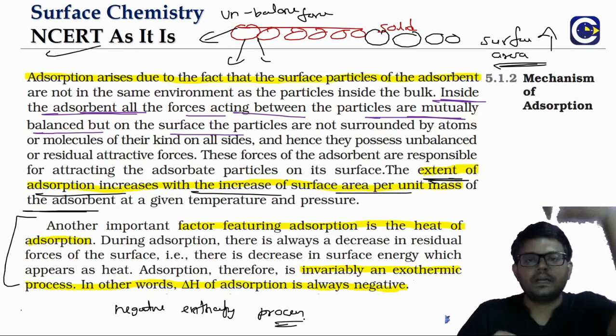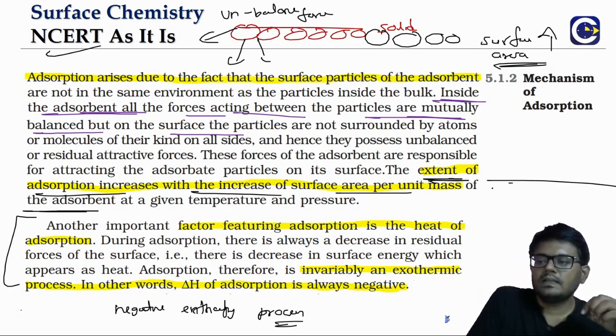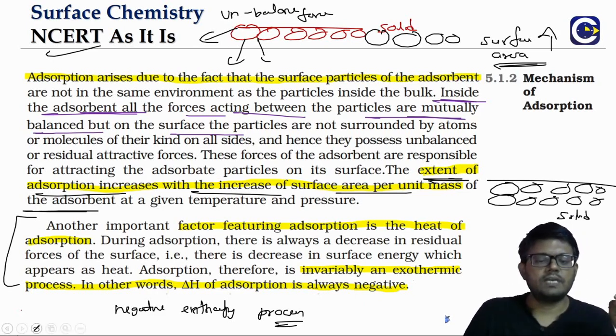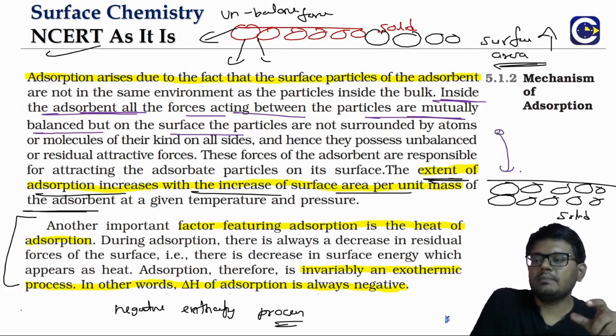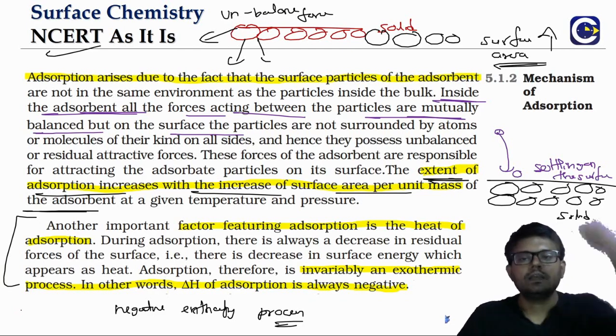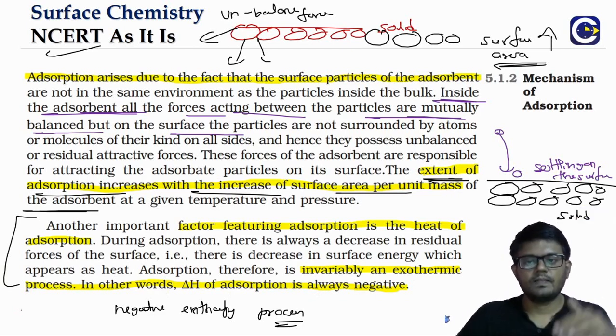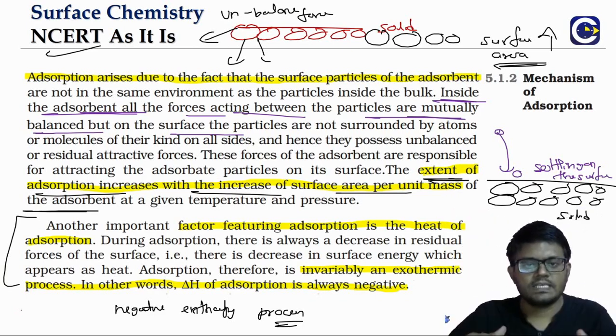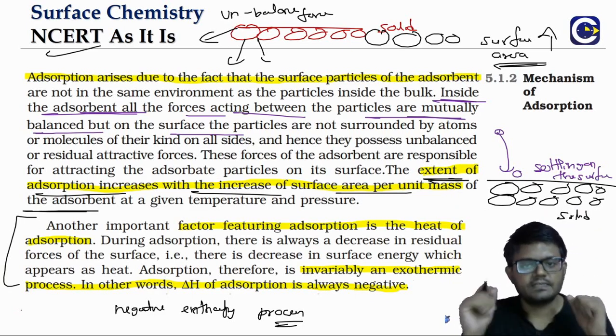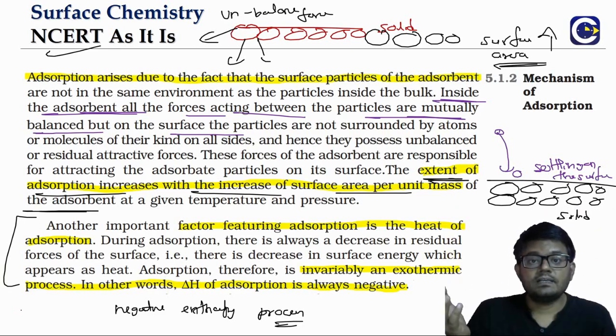When you have gas particles or liquid particles, okay, so this is the solid. When gas particles or liquid particles are coming and settling on the surface, it is like condensation. From the gaseous medium they are coming and settling on the surface, means what? It is condensation. It is getting condensed. So what is condensation? Heat will be released.